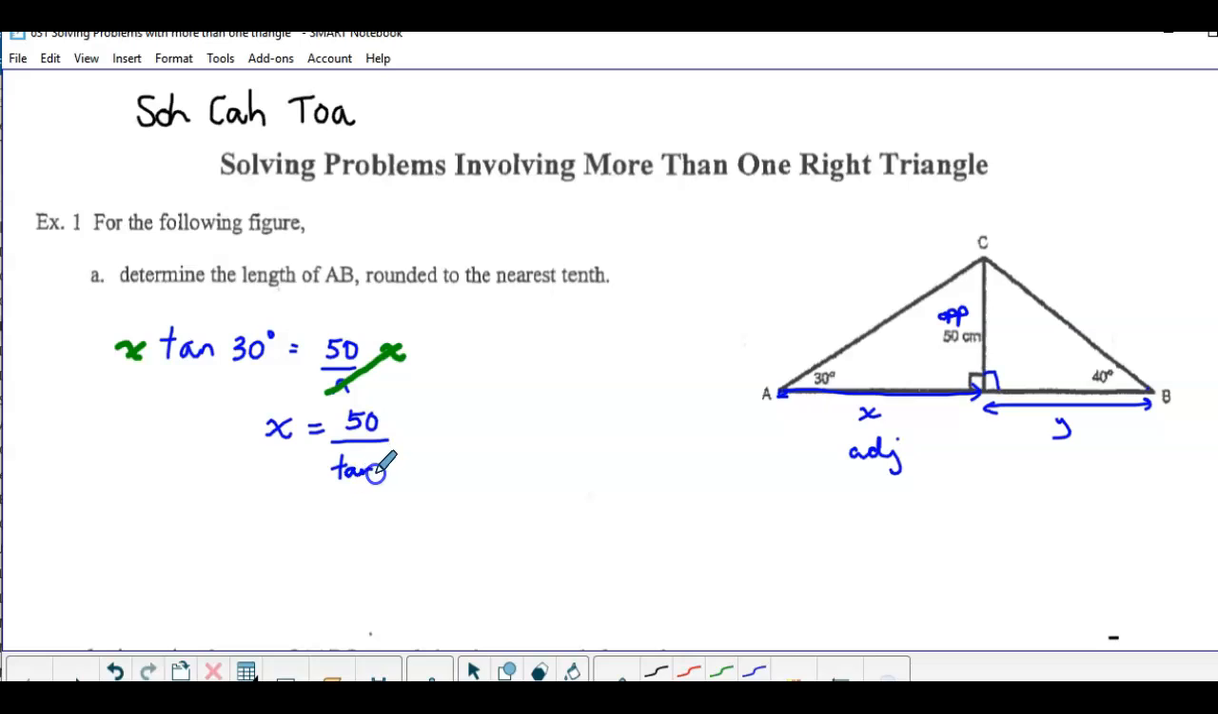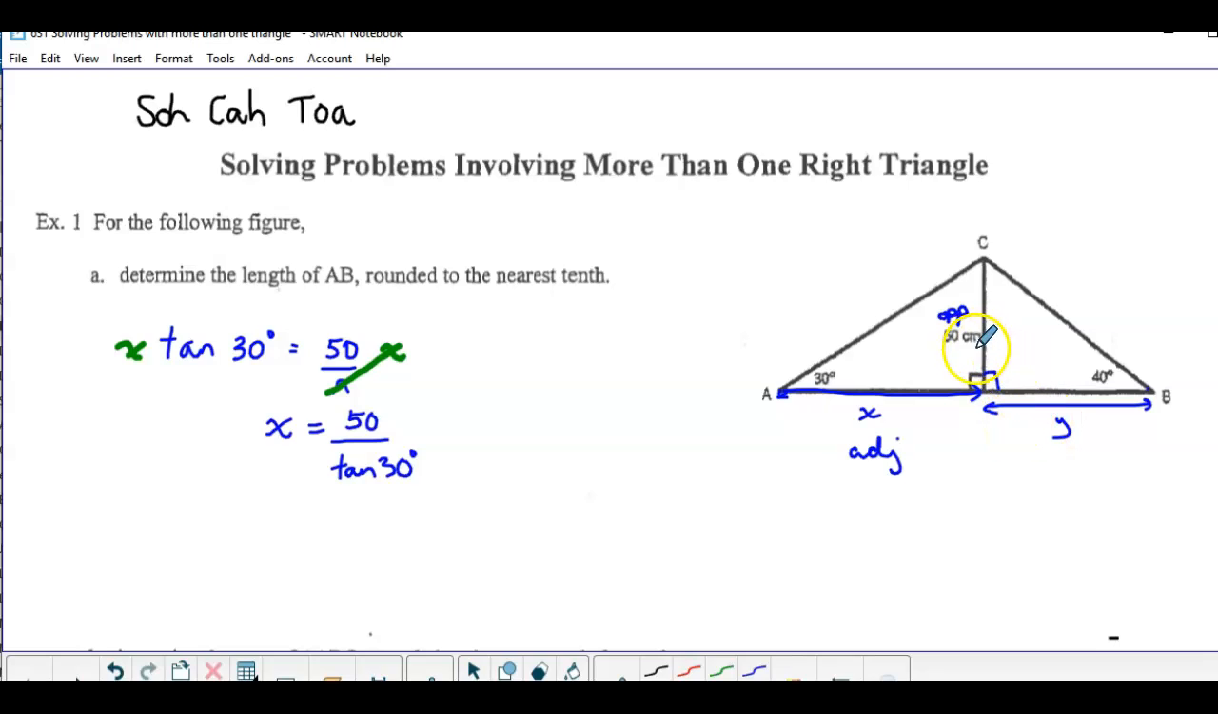Whenever you're looking for a side that's in the denominator of your trig ratio, you're going to end up dividing, and you're going to divide by the trig function. So that's X. I'm going to leave it like that for right now, because that's exact. Then let's do